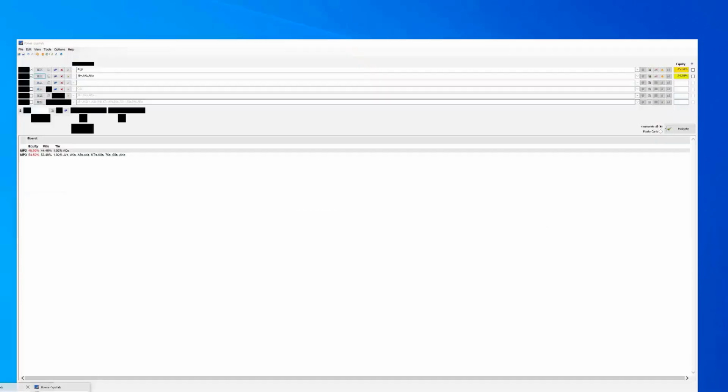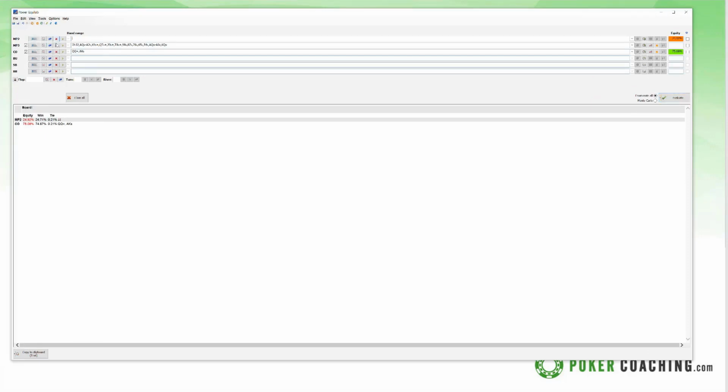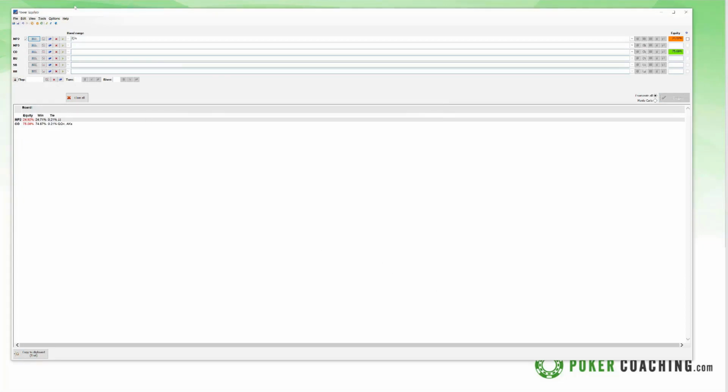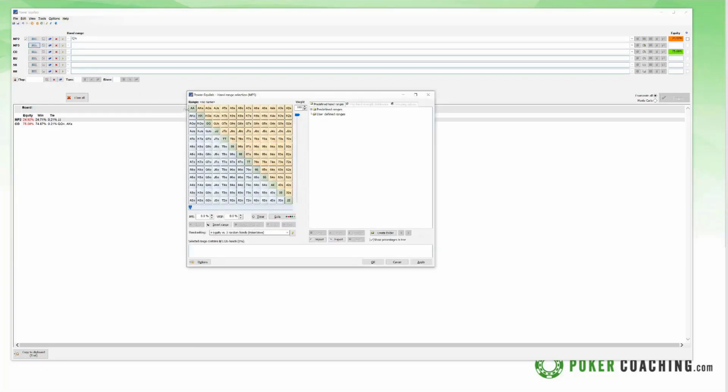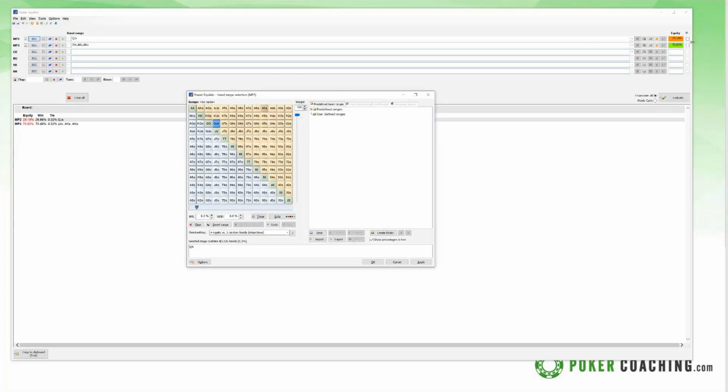So same thing. We're going to give a range here. I'm going to give us queen jack suited, really pretty hand, right? We open and we get 3-bet by the nit. And the nit only has aces, kings, queens, jacks, and ace king. Our equity against this range with queen jack suited is 29%. Really bad. So 29% is probably not going to be enough equity to call the 3-bet preflop. You're most likely just going to be better off folding. But let's say you have 7-6 suited.